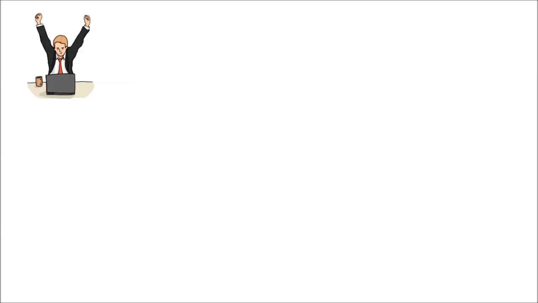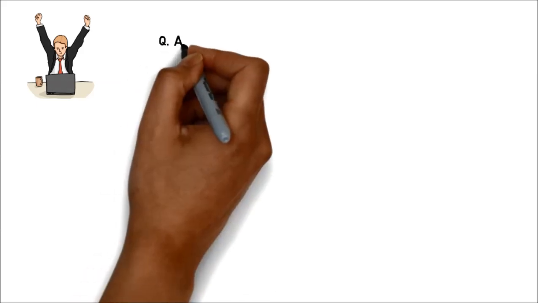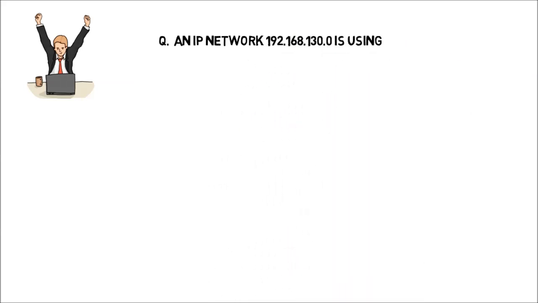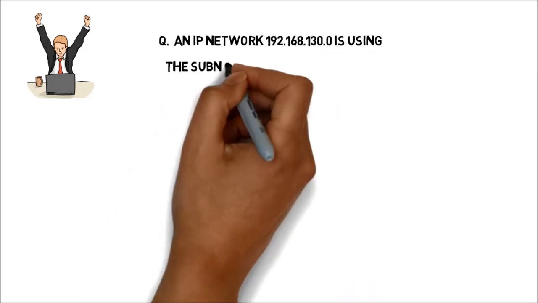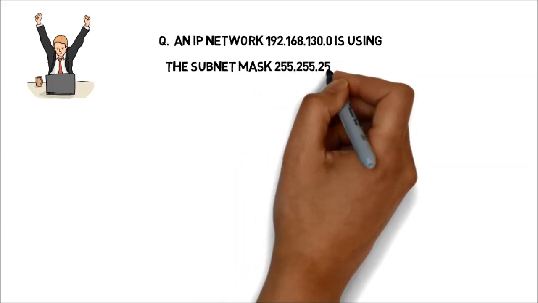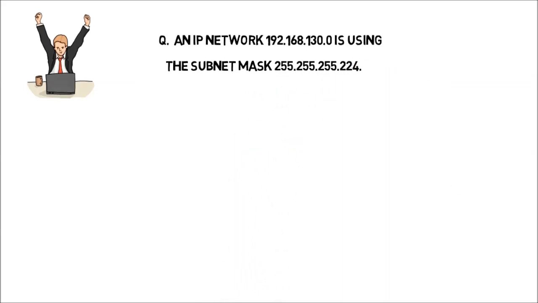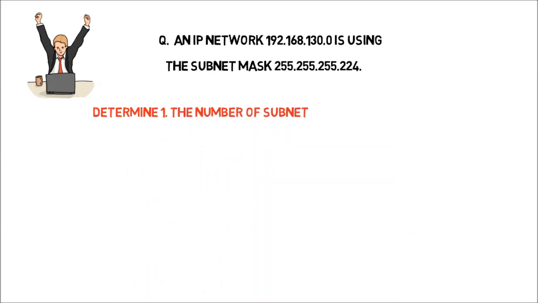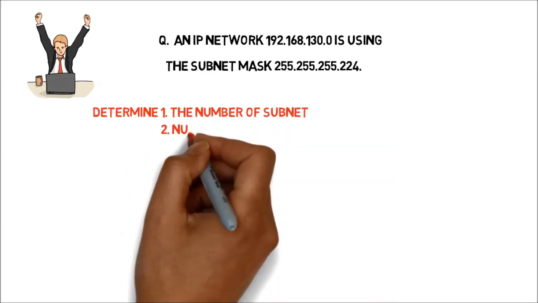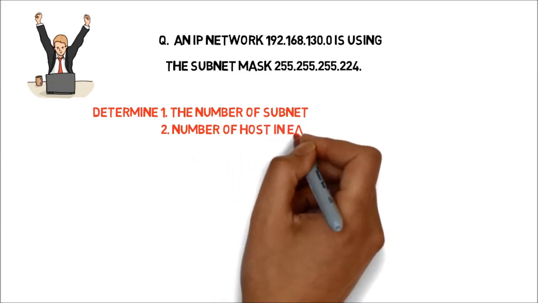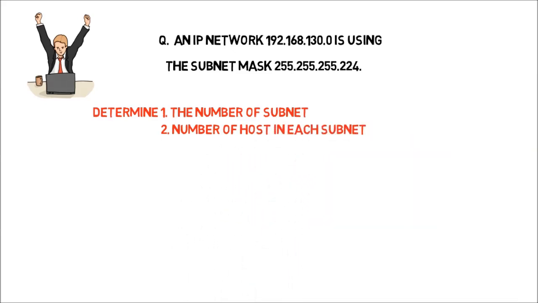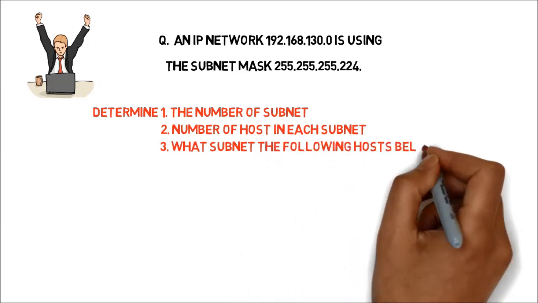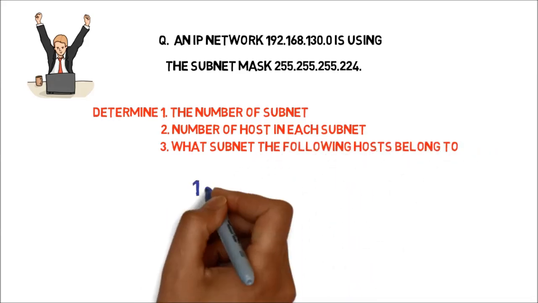At first, we'll solve some problems from subnetting. The question is: an IP network 192.168.130.0 is using the subnet mask 255.255.255.224. Determine number 1, the number of subnets; number 2, the number of hosts in each subnet; and the third question, what subnet the following hosts belong to: